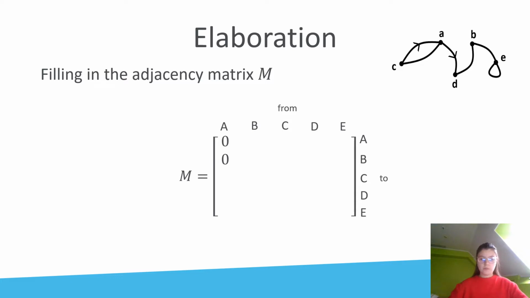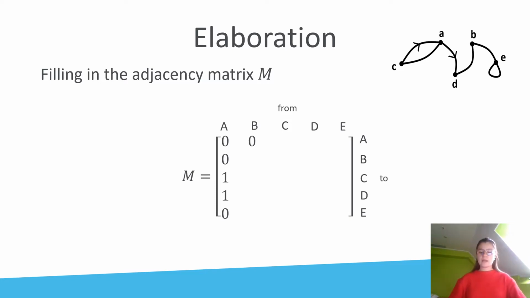Now we look at how many connections there are from A to C. We can see 2 connections, but now we have to pay attention. There is a one-way connection from C to A, but not from A to C. So over here, there is only one connection from A to C. For that, we write down a 1 in our matrix. We can see a one-way connection from A to D, like this. So we put down a 1. There is no one-step connection from A to E, so we write down a 0.